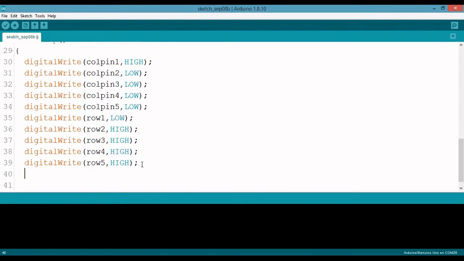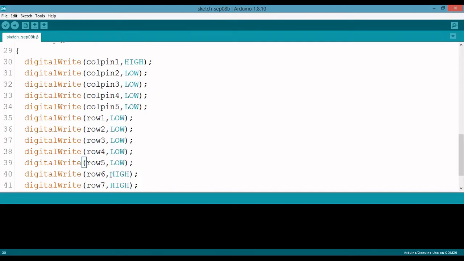So there are 7 rows, 6, 7. So I am making all these rows low. So what will happen means one straight line I will get as an output.